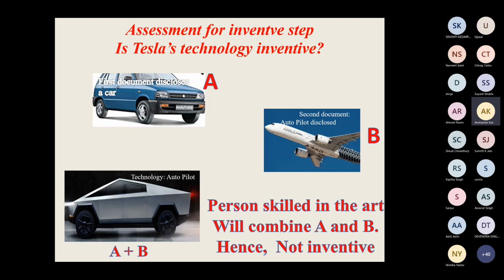then he is dealing with laptops. He will never refer to some document which is related to doors. He will never get any suggestion from the field of doors. That's why he cannot combine these two documents. And when they cannot be combined, then you cannot say that it does not involve an inventive step. And the argument was accepted. So the field of invention is of great importance while assessing the inventive step. Am I clear? The next slide, please.